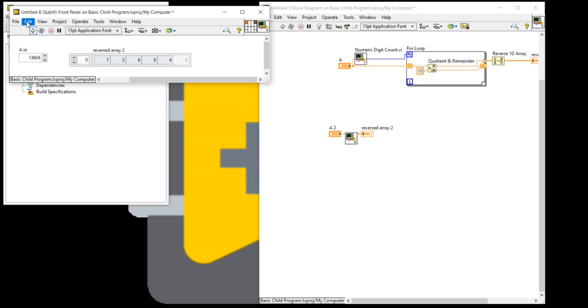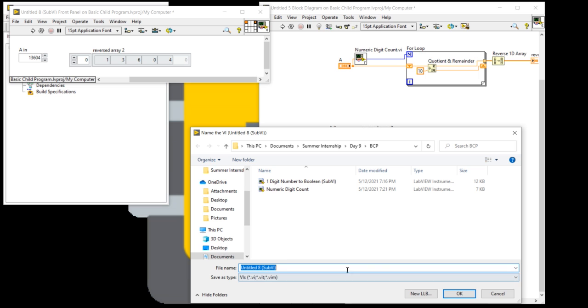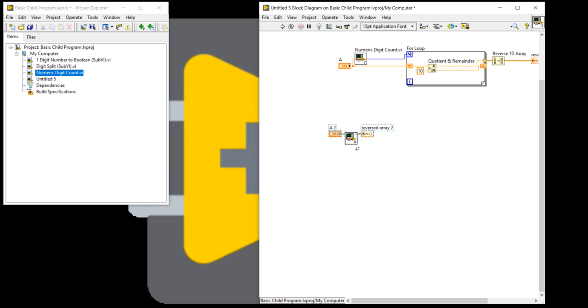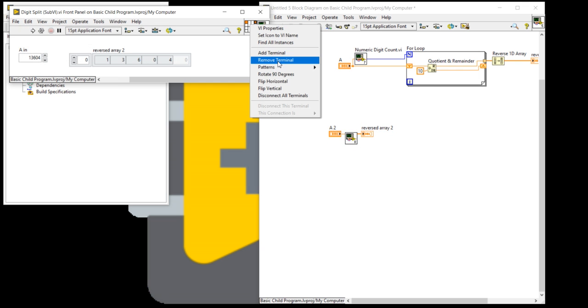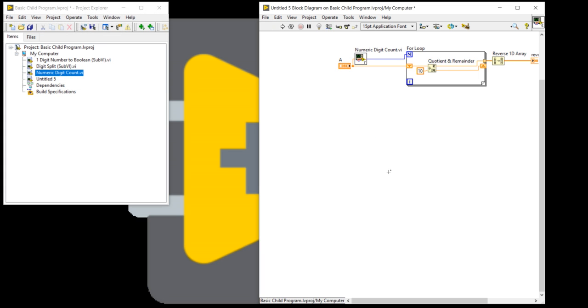Now I'm going to save this sub VI with the name number digit split, digit split sub VI. It's clear.